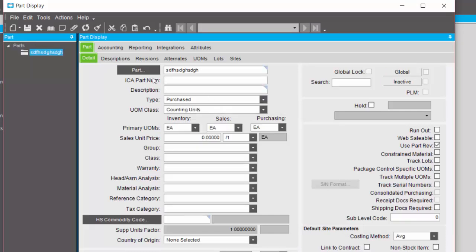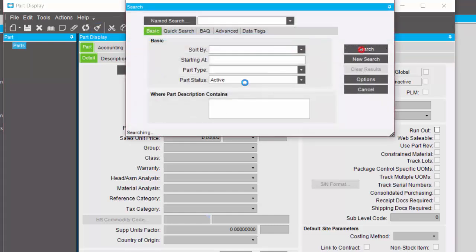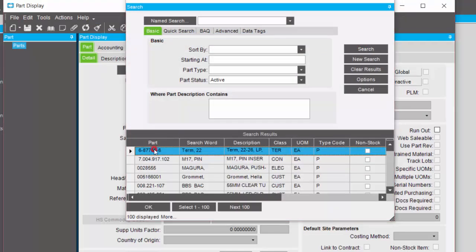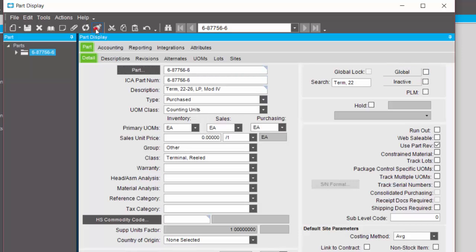Okay. Anytime I make a mistake or anything like that, I'm just going to hit this delete button here and it'll get rid of it. This is save, delete. This is to add an attachment. Refresh is to refresh data. Clear means if I had a part number up here, I'm getting a little bit ahead of myself, and I'm done looking at it, I don't want to make any changes to it, I can hit this little broom and